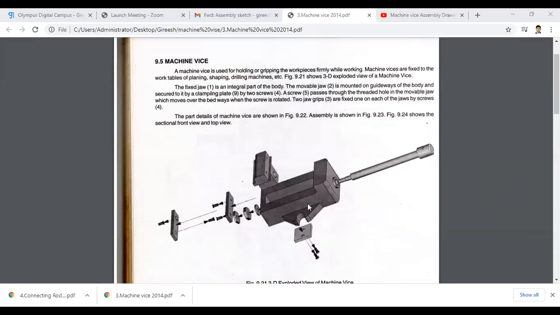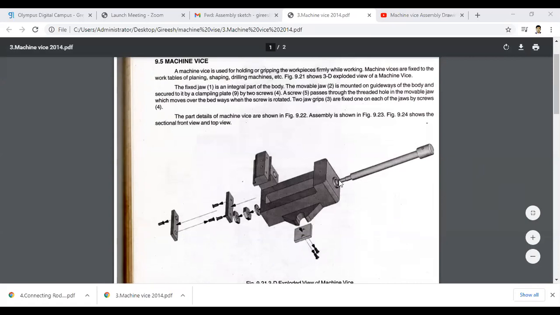Here you see you have a body, and this is the movable jaw, this is the spindle, and this will go from end to end. So it is a threaded one.